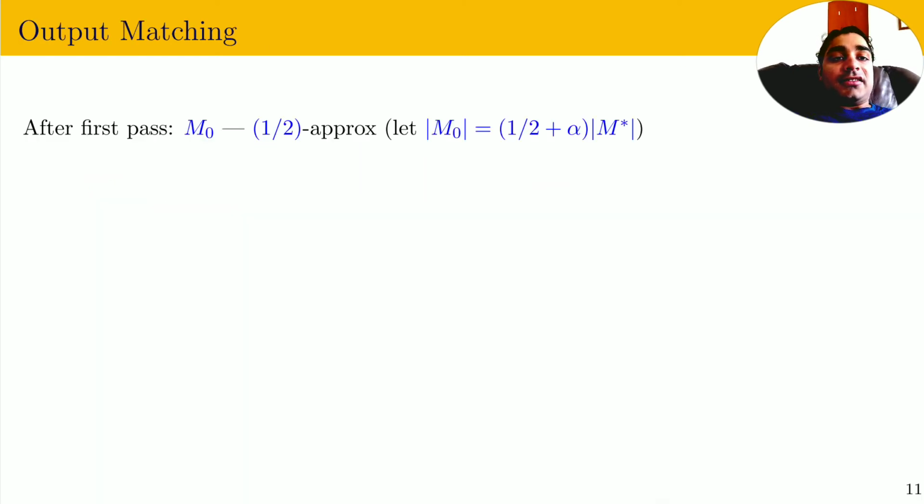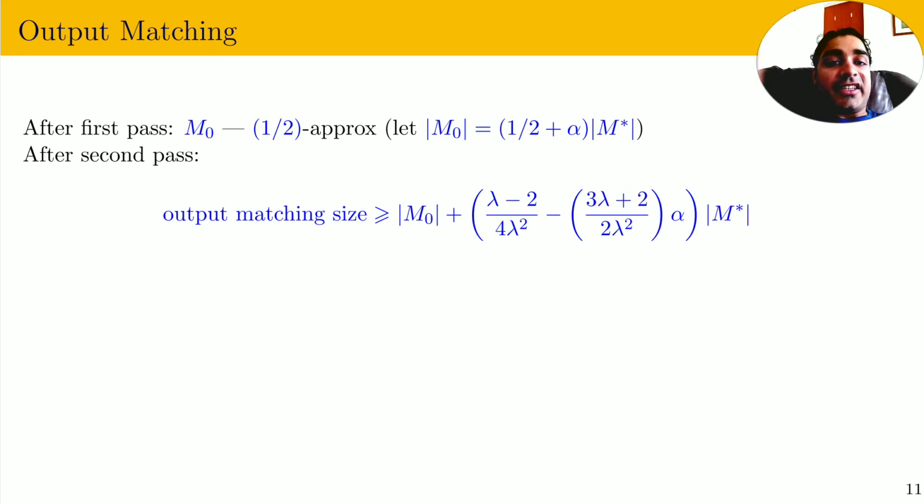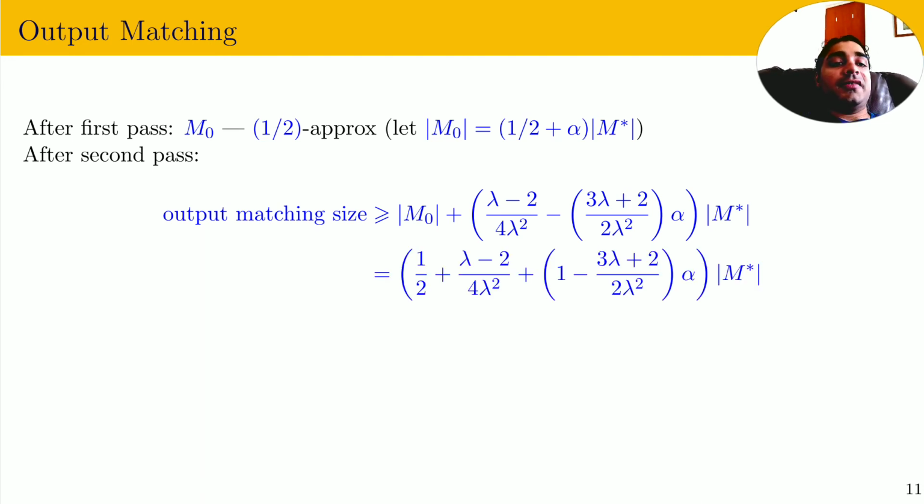Now we analyze how good the solution is. We assume that after the first pass we get a half approximate matching M0, and we assume that M0 is half plus alpha times M star, and then after the second pass the number of augmentations is the second term in the right hand side. So the total matching size is size of M0 plus the number of augmentations, and simplifying this we get this bound,